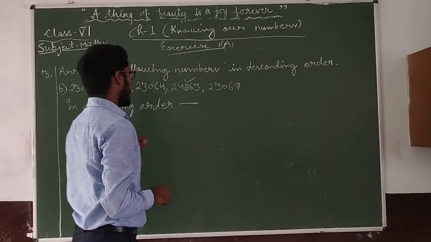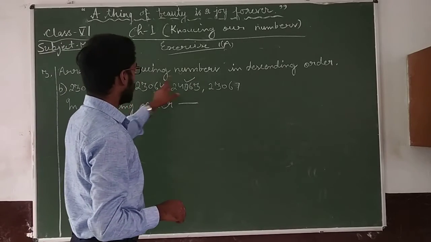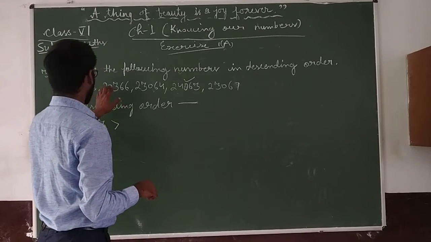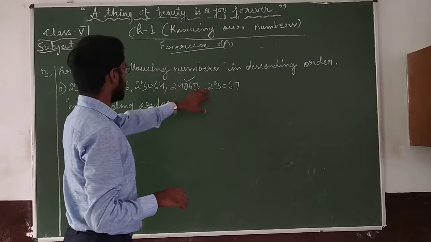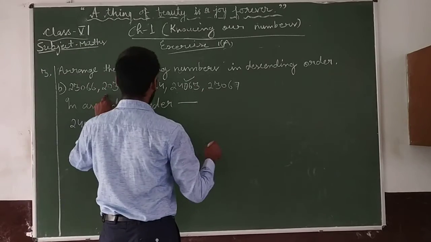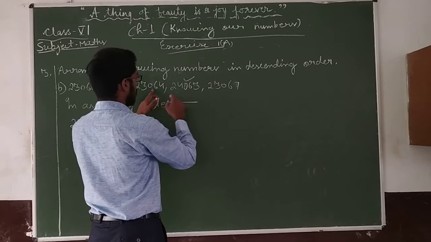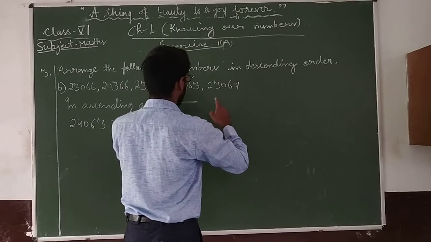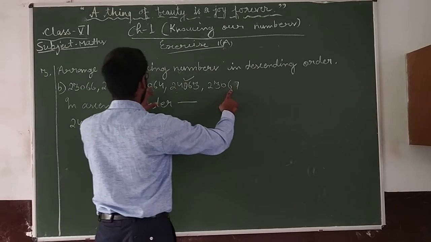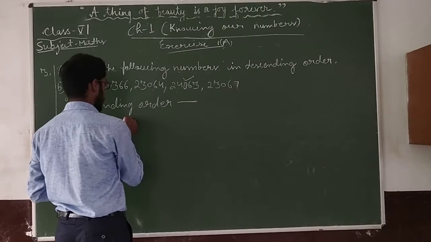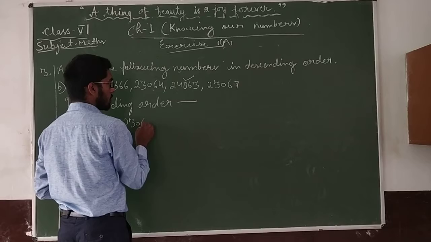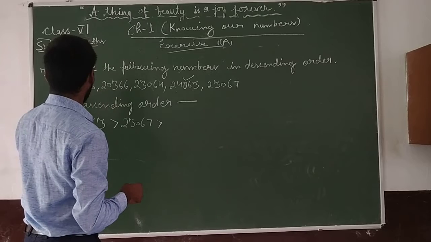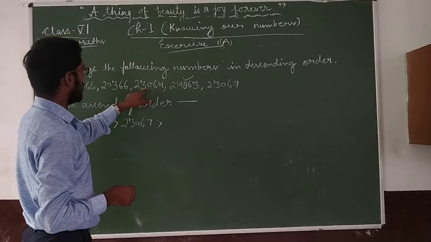Okay. And after that, this one is done. After that, 2, 3, 2, 3, 2, 3 equal. Now next is 0. This one is smaller. So here 2, 3, 0, 2, 3, 0, 2, 3, 0. Now 1, 2, 6. Here is also 6 and 6. Okay, 6, 4, 7. This one is greater. 2, 3, 0, 6, 7. After that, which one is greater? After that, 2, 3, 0, 6, 6. Then 2, 3, 0, 6, 4.